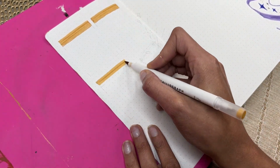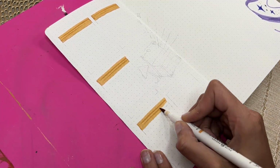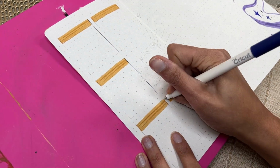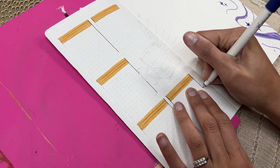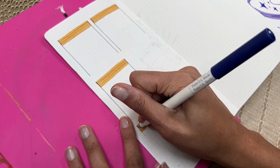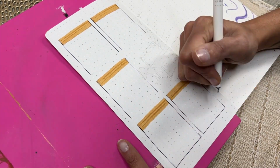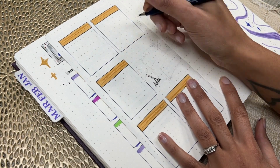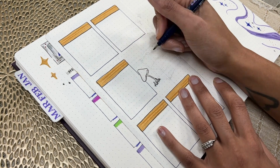For this page, I'm separating the page into 5 boxes. One will be for invoices, another for yearly focus check-ins, wedding tasks. And then the last two are write in any movies or TV shows we end up watching. I'm not doing any plot recaps or anything this month, just want a place to write down what we're